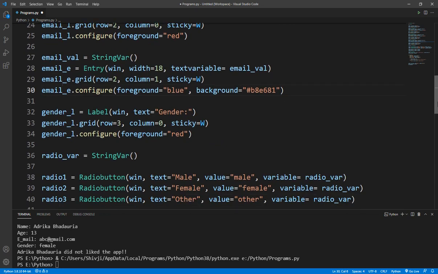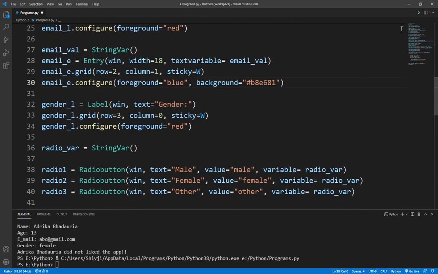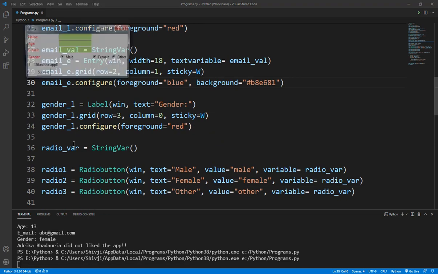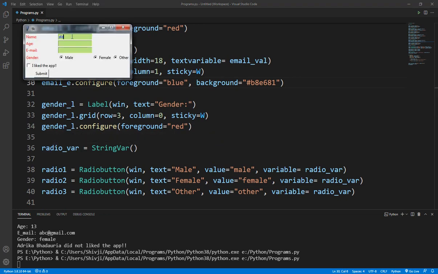Okay, let's check. When we type something here, it will come in blue color. Okay,